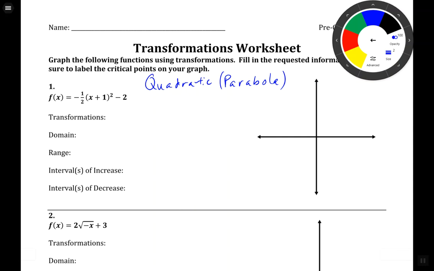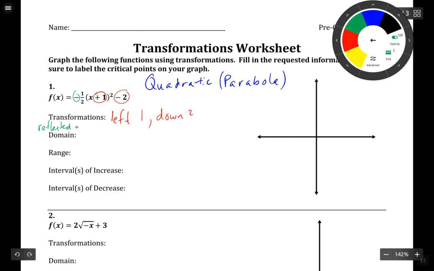All right, looking at this, I can tell you what happens. Some of you already can, some of you can't. This right here, what's happening because of the +1 inside there with the x? It's left 1, thank you. I was really pleased y'all got that part. They got the left. Okay, what does this tell me? Down 2. And then what does this tell me? It's reflected, right? So that one's reflected